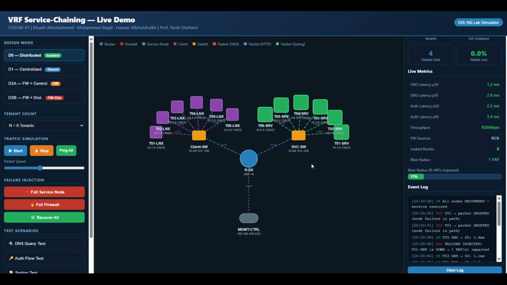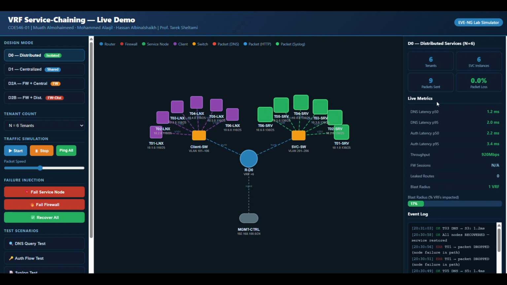Now, if we recover all the network, what's considered an advantage of this design is the latency, because we can see on the right the DNS latency P50 at 1.2 milliseconds. That's because each client has his own server that's dedicated to him. Now, if we stop the service,